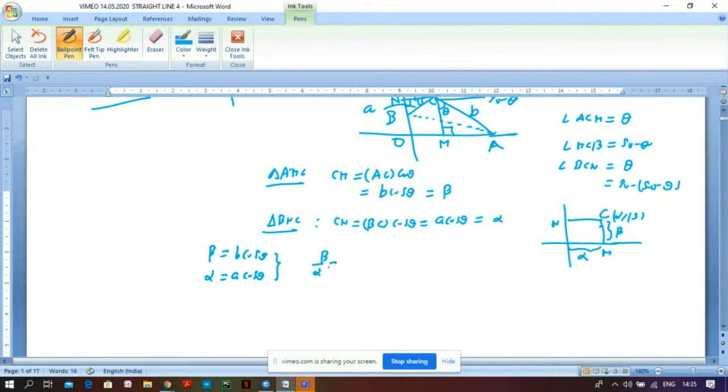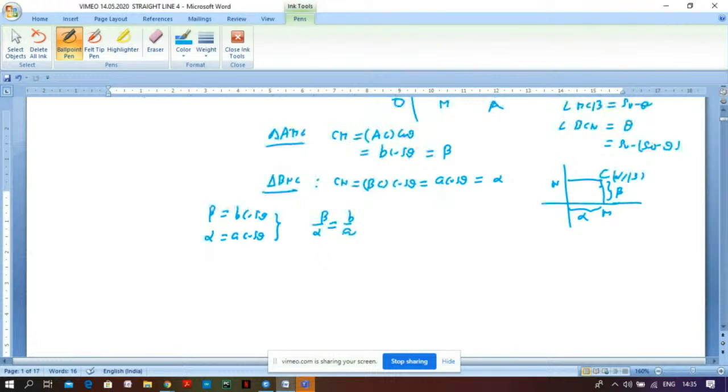So beta over alpha is B over A. And so the locus of alpha beta, if I write alpha first, it's B alpha minus A beta is 0. So this is the